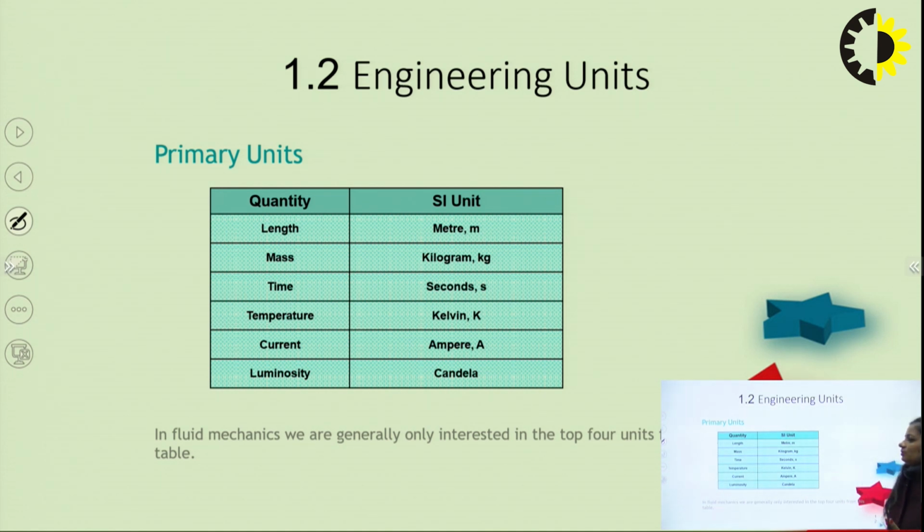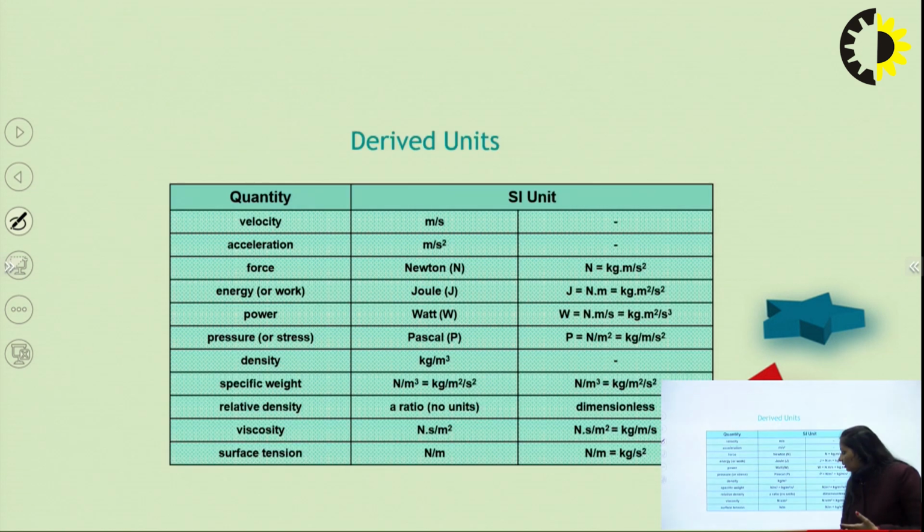So there are some engineering units that come with the properties of fluid. Obviously we know very well what is mass, time, temperature, and current, and these primary units will be useful in dimensional analysis. These are other derived units. We need to know what the unit of force is,